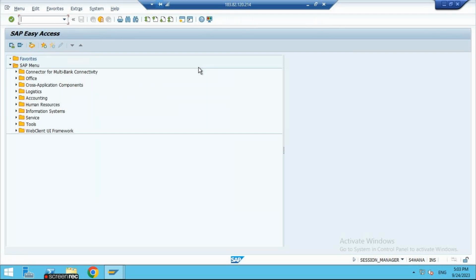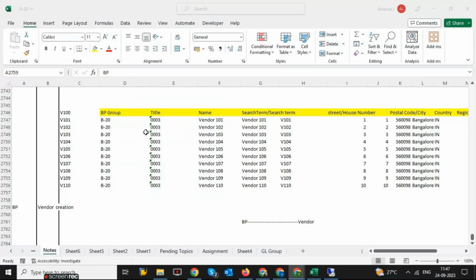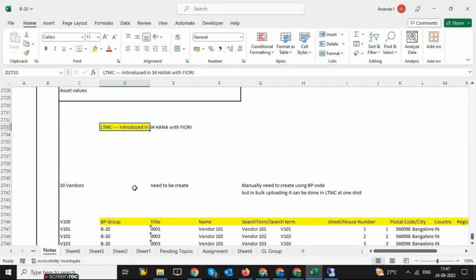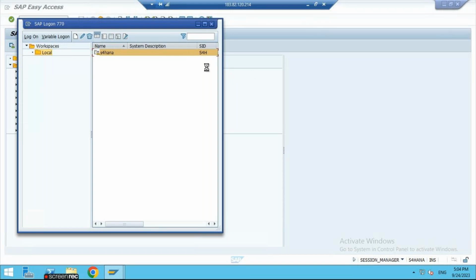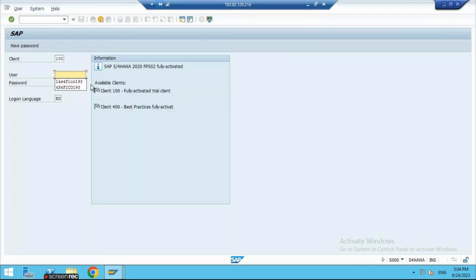So here, actually, LTMC is a theory part. That means LTMC is a bulk uploading program. When I enter this, it will automatically go to Fiori. I log in with Fiori, or else I can log in directly, or else I can go through from here also. So what I do, I take these credentials,